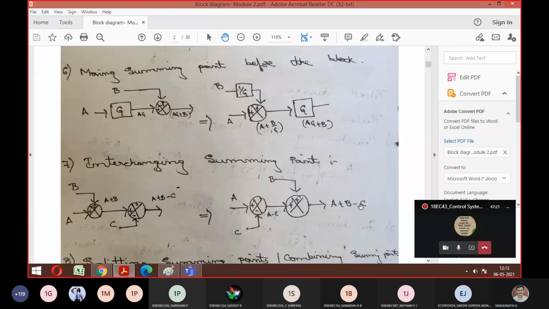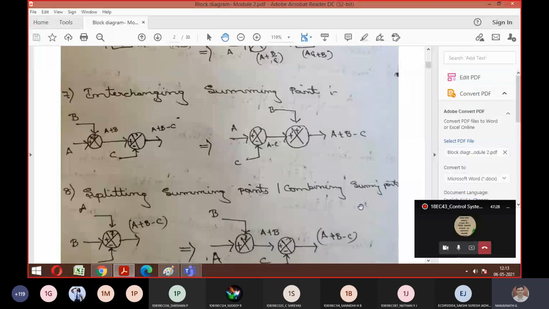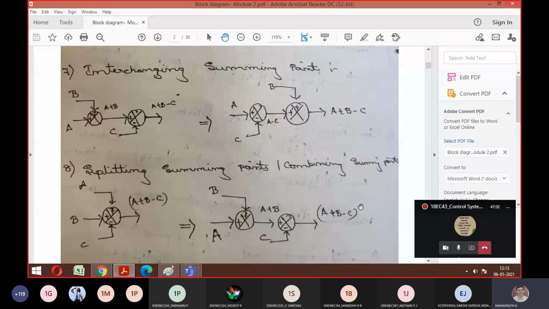Yes, sir. So coming to rule number 8. I told you there are 11 rules, out of which the first 9 rules are general rules, and rule numbers 10 and 11 we will keep at the end because they are called critical rules. So we solve some critical cases in module number 1. That will come here and we will keep it at the end. So first we'll try to understand how to solve the problem.